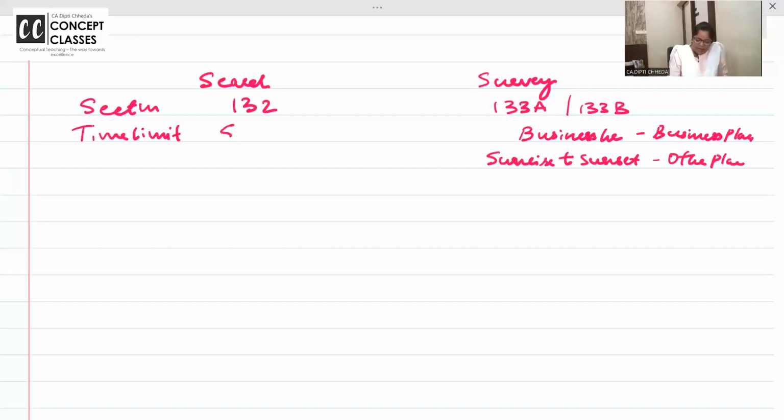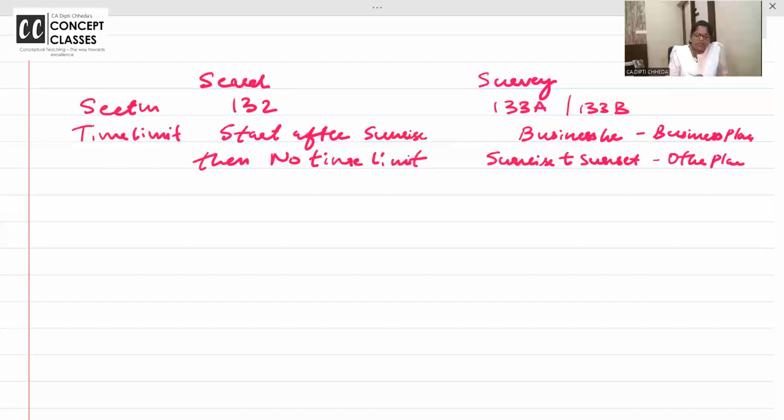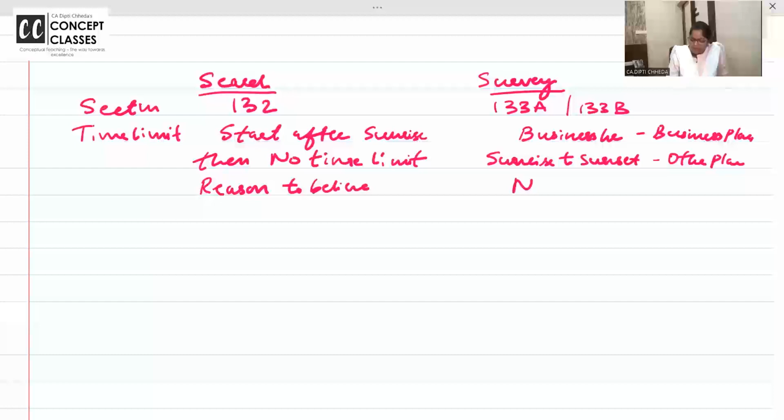सर्च में क्या है टाइम लिमिट? स्टार्ट आफ्टर सनराइज, देन नो टाइम लिमिट, कि 2 दिन में खत्म कर देना, दिन रात चलता है आपका सर्च। सर्च में दे हैव रीजन टू बिलीव। सर्वे का कोई ऐसे रीजन नहीं होता, ऐसे ही सर्वे होता है, नो रीजन, जस्ट रैंडम करते हैं।